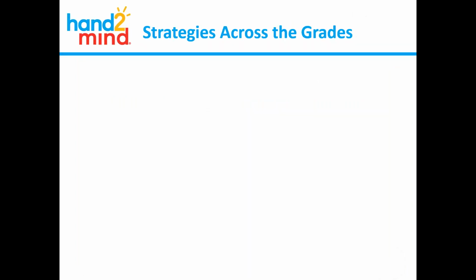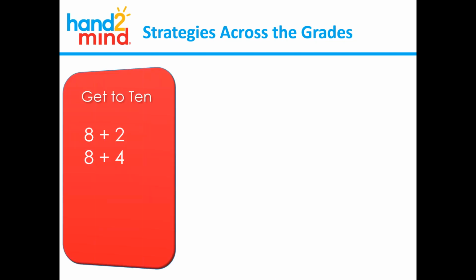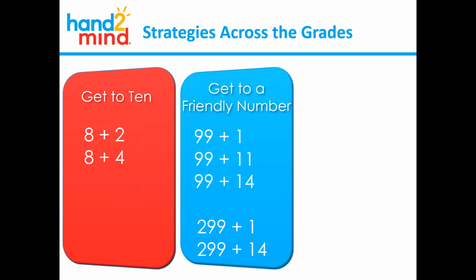So you might be saying, okay, well, how does this go across the grade levels? How does get to 10, why is that a foundation that's needed? Well, I want us to look. When we get into 2-digit and 3-digit addition with whole numbers, we can use that same idea that you were using in get to 10 as the foundation of get to a friendly number. So remember, we take kids from where they are and we build upon it. If they have get to 10 and I'm working on 2-digit, why don't we help them see the connection between